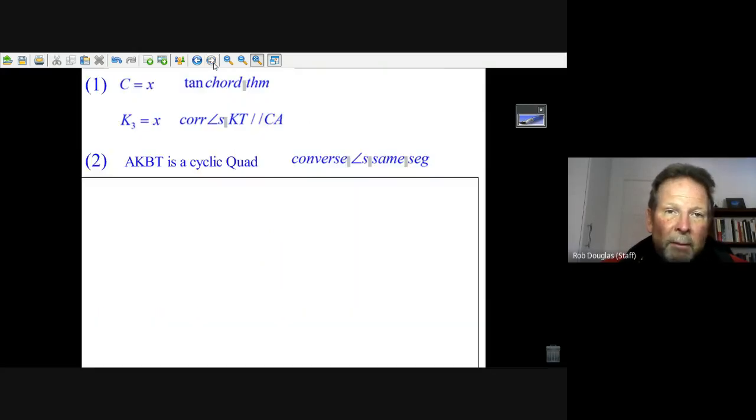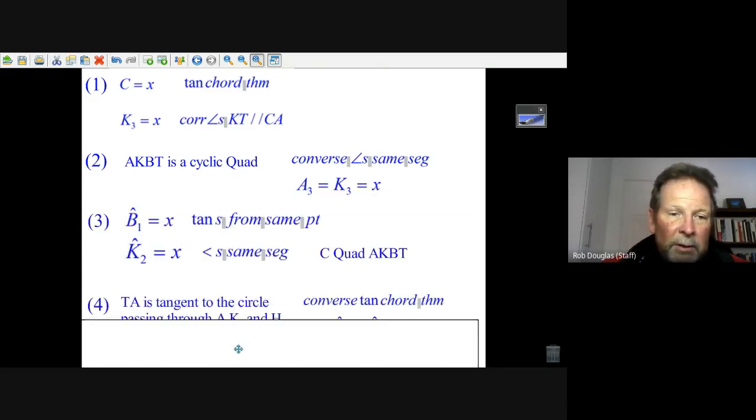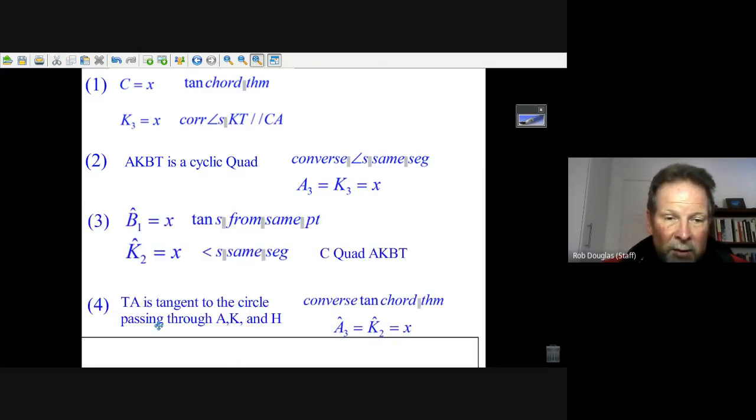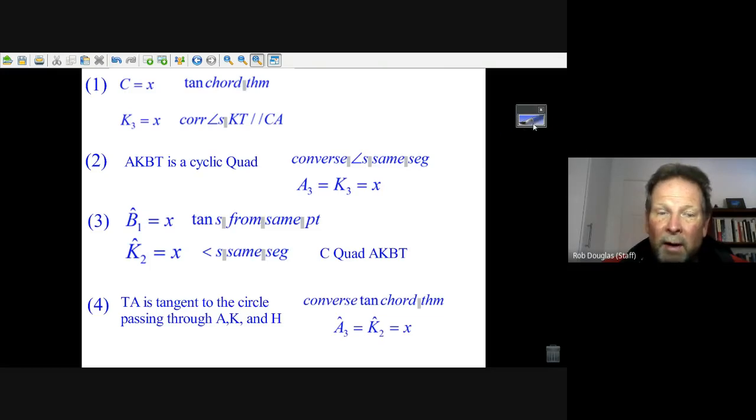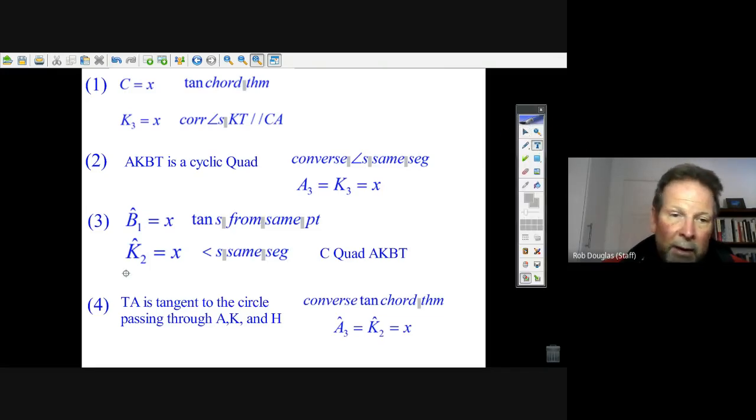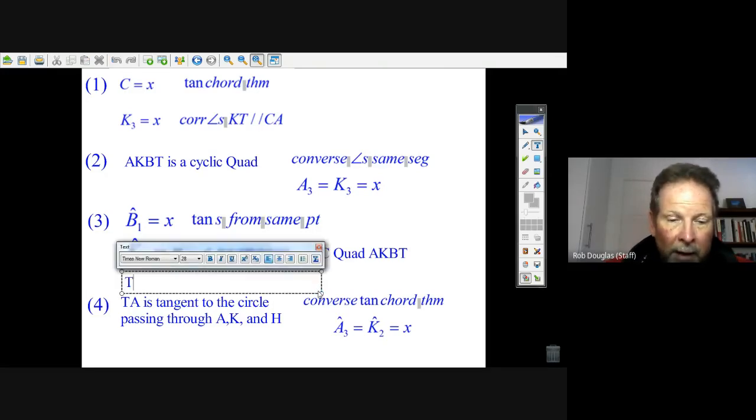Okay, so let's see what that would look like. You would just write down: TA is tangent to the circle passing through A, K, and H because of the tan chord theorem. And in the last question, remember we said B1 is X because of tangents from the same point. K2 is X, angles in the same segment. And because we proved in the last question AKB is a cyclic quad, then we should write, therefore, then we could write,